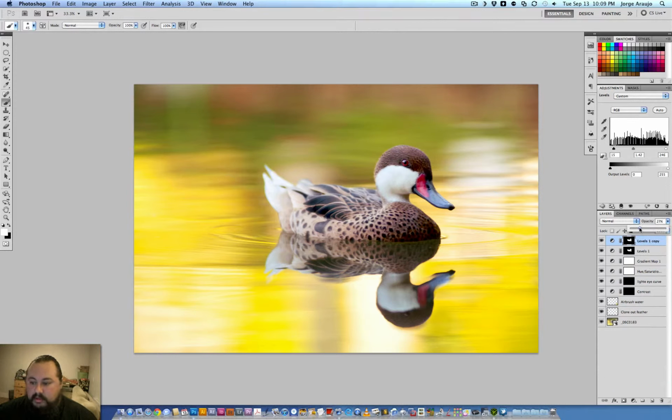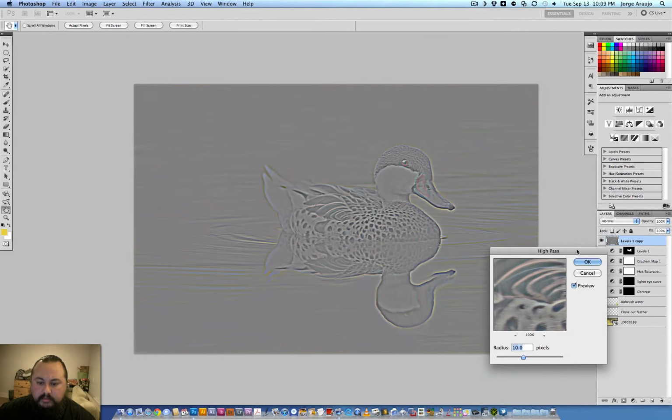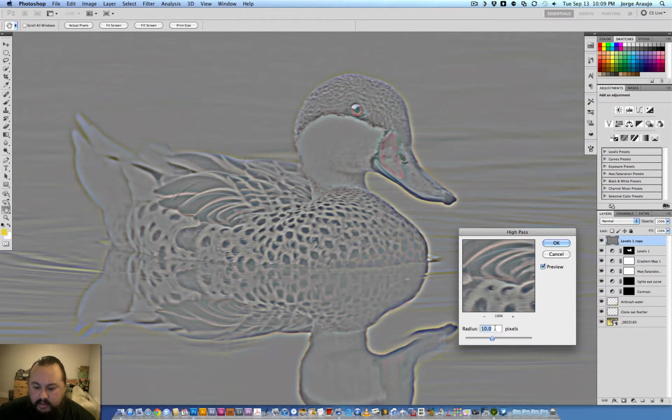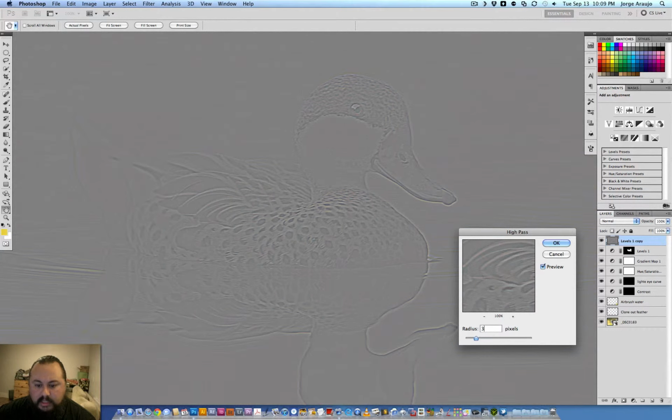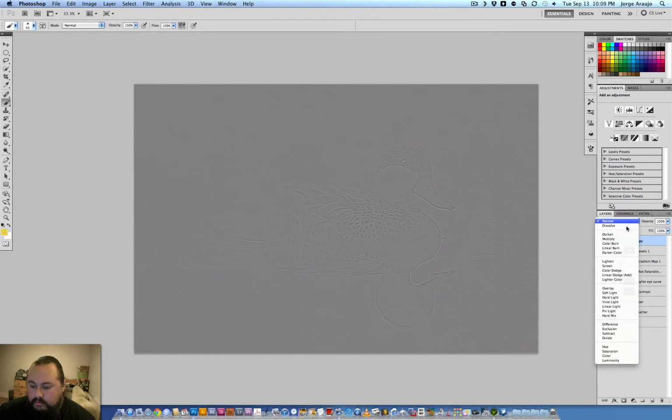I want to duplicate that layer because I'm going to put on some stuff. No, I don't like it. It's too bright. All right, so let's try to sharpen it a little bit. I'm going to select all of these. Select all my layers, copy them, and then I'm going to merge all those layers that I just copied into one layer. Basically, it's the same layer, but it's a flattened layer. I'm going to do a high pass filter on it. Filter, Other, High Pass. 10 is way too much. I never use that much. I always use like 2 or 3. With this image, I think I'm going to go 3 so I can try to get rid of some of that camera shake. If you go to overlay,